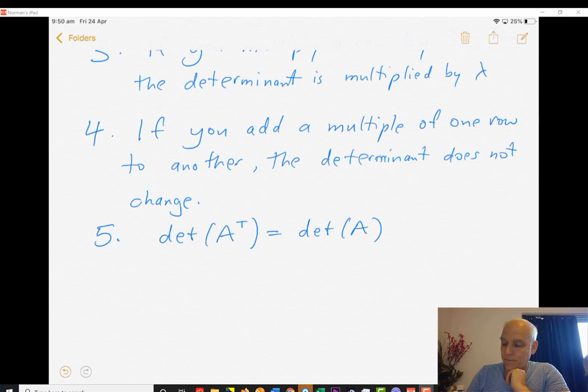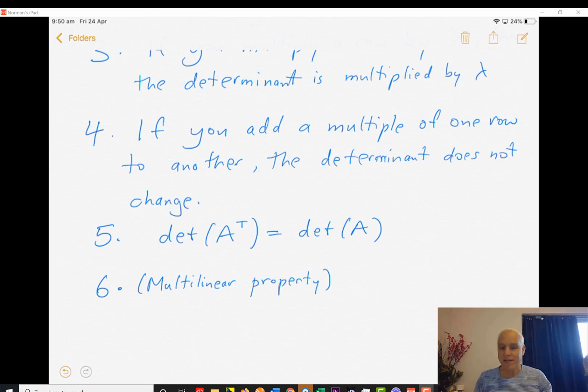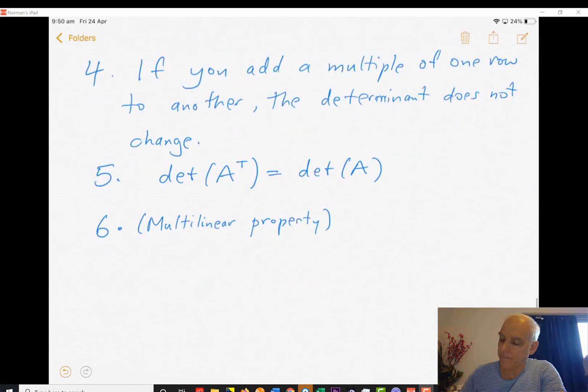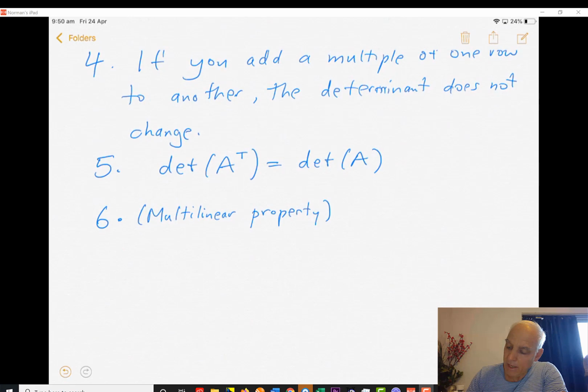And I want to mention one more property, which is related to the ones I've mentioned before, but it's sometimes called the multilinear property. It's not exactly a linearity in the obvious sense. It's a multilinearity that I will write it like this. If